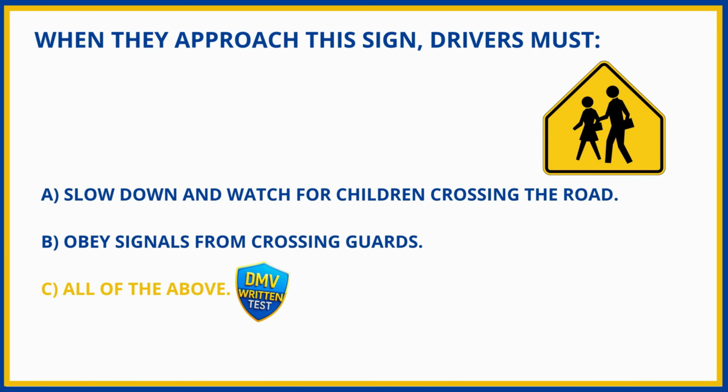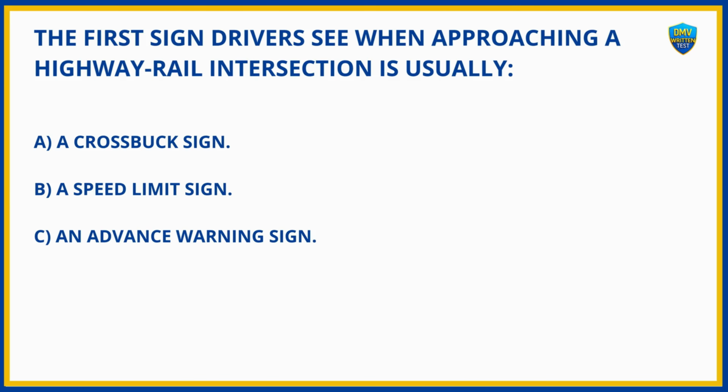C. All of the above. The first sign drivers see when approaching a highway rail intersection is usually A. A crosswalk sign. B. A speed limit sign. C. An advance warning sign. And the answer is